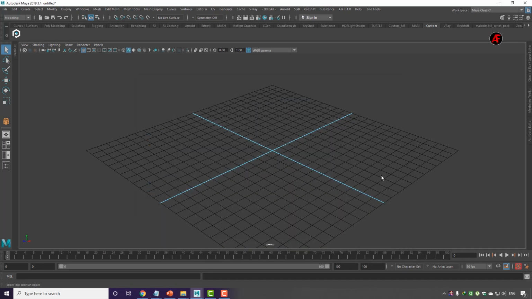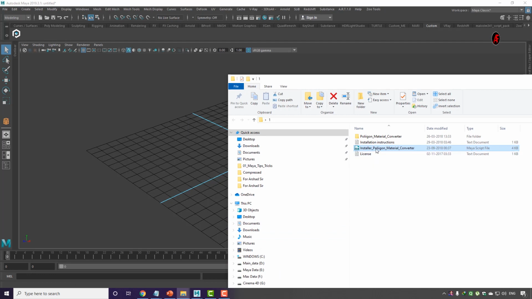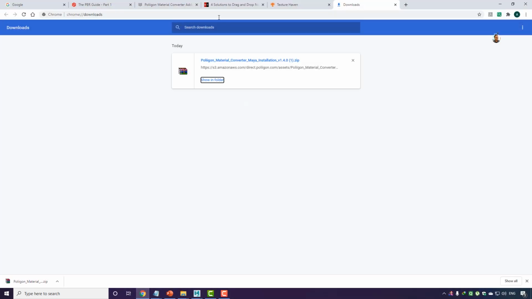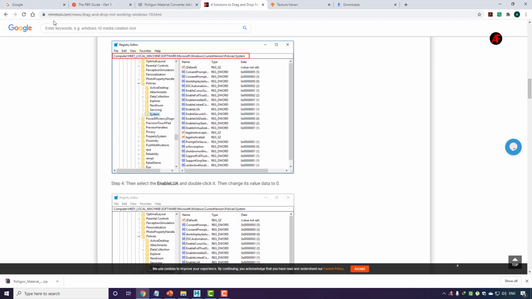Now there's one problem you're going to face when you click and drag this script. You are not allowed to do that. If click and drag is basically not enabled in Windows 10, I would highly recommend that you go to this link.